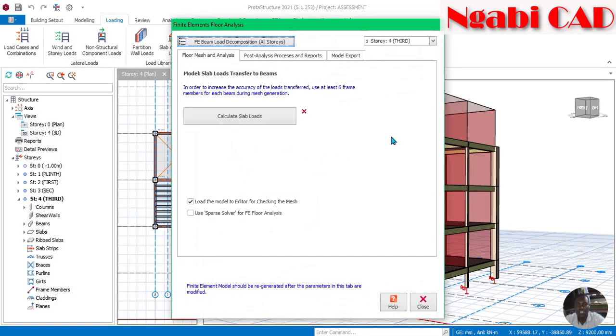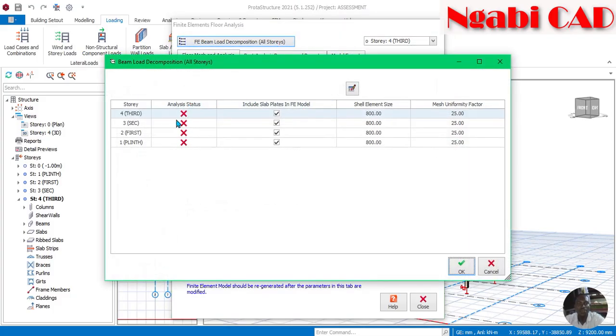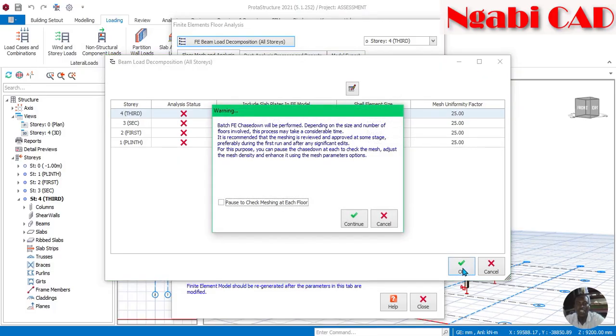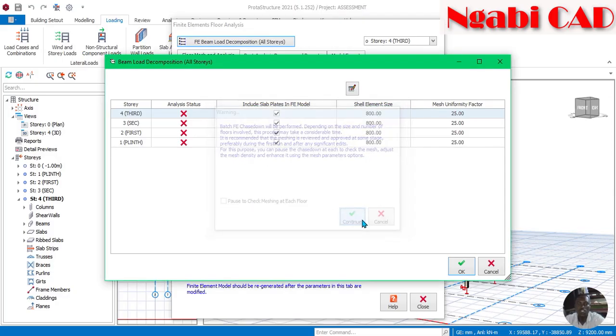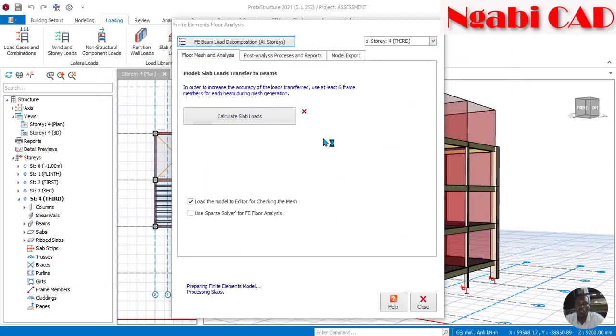After doing the load decomposition, we shall start from the last floor, which is the third floor, and we shall do a chase down, from the third floor down to the plinth, and we shall press OK, and it gives us a warning, but we shall say continue, and the loads will start calculating easily. So as you can see,